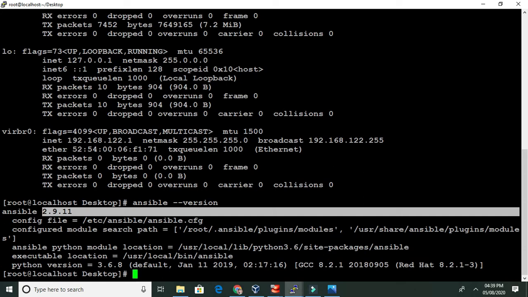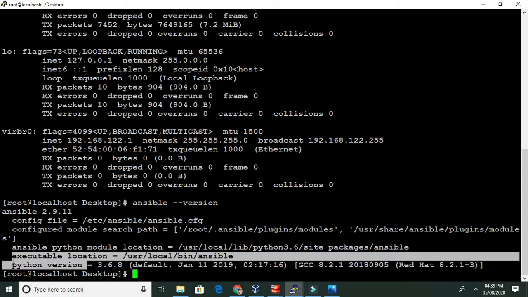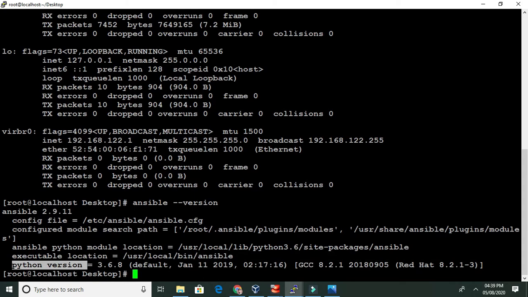You can also see Python, version 3.6.8. Ansible is built on top of Python, that's why it's showing here. Ansible is one of the libraries of Python, so Python is mandatory before installing Ansible.